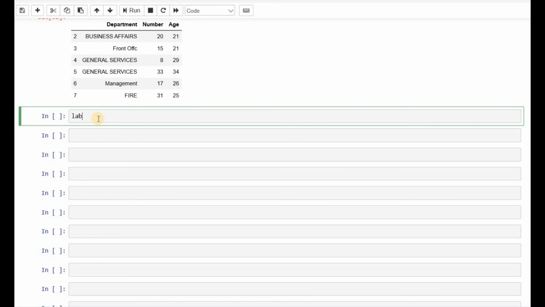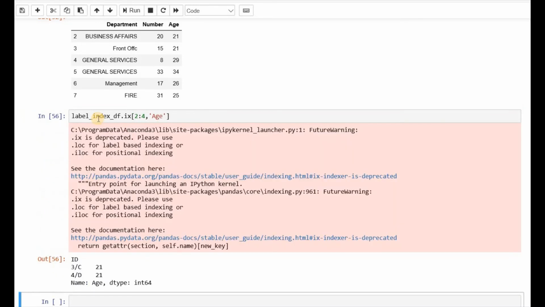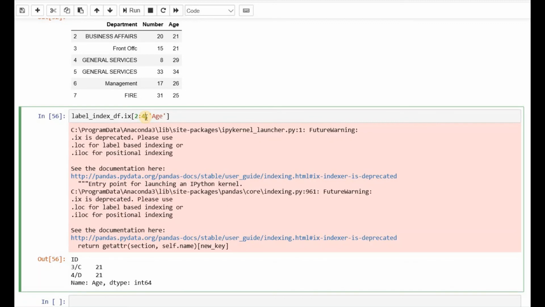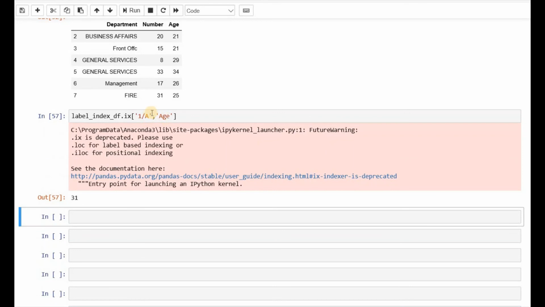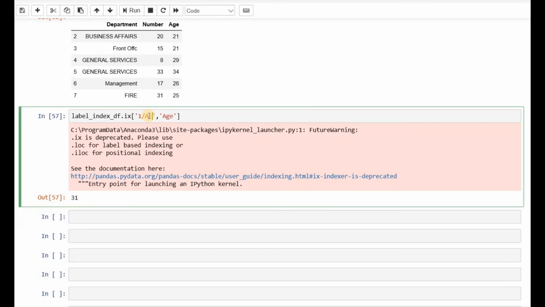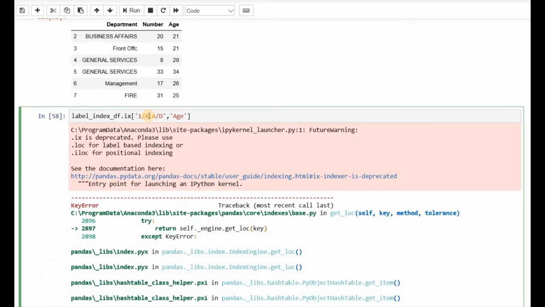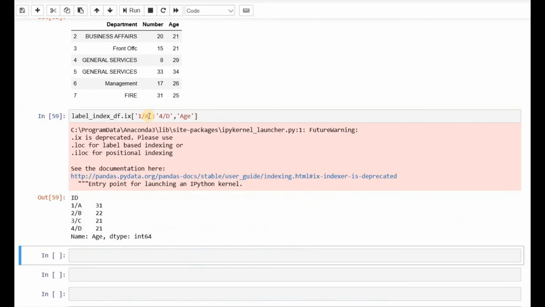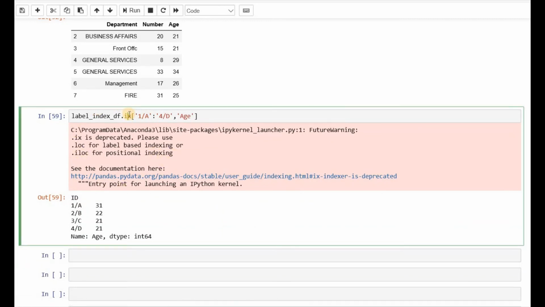And we can use ix when we have a labeled index also. In the case of a labeled index also, I can use ix and pass anything, a number or a label, and it would extract it. I can give the labeled index also, 1A, and it would do its job. So this is something where we can use everything. So ix is one thing that works everywhere, be it a labeled index or a non-labeled index.